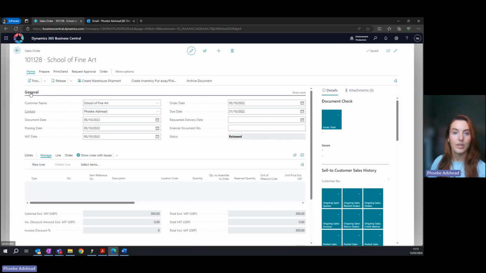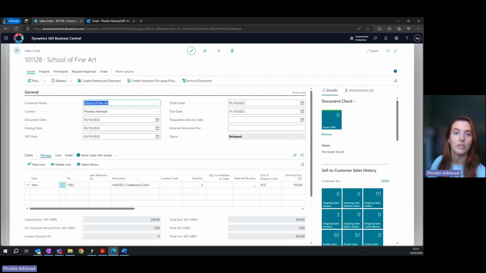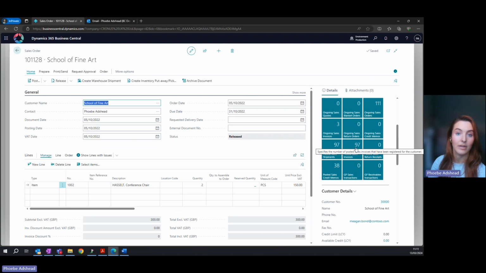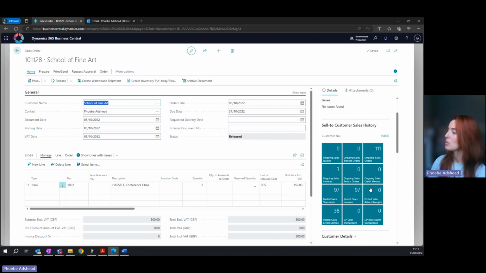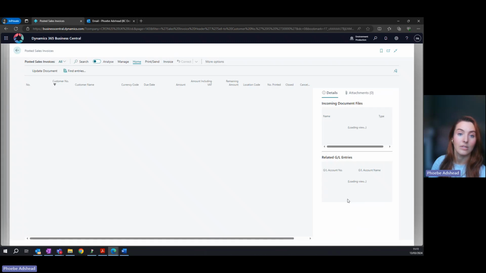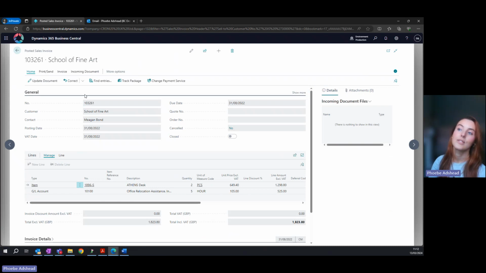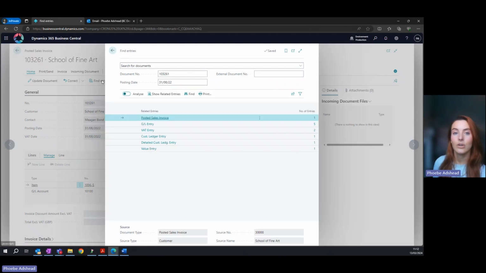So whilst we're in this transaction, I'll show you how simple it is to look at other entries in the system too, as this is usually a very time-heavy task for finance teams. So we are in the sales order for the School of Fine Art. And just like you've seen in other areas of the system, you can jump to associated data for that customer on the right-hand side. So we'll go into the posted sales invoices here, and we'll just have a quick look at this first invoice. So I can use what is called the Find Entries feature, and that's going to show me